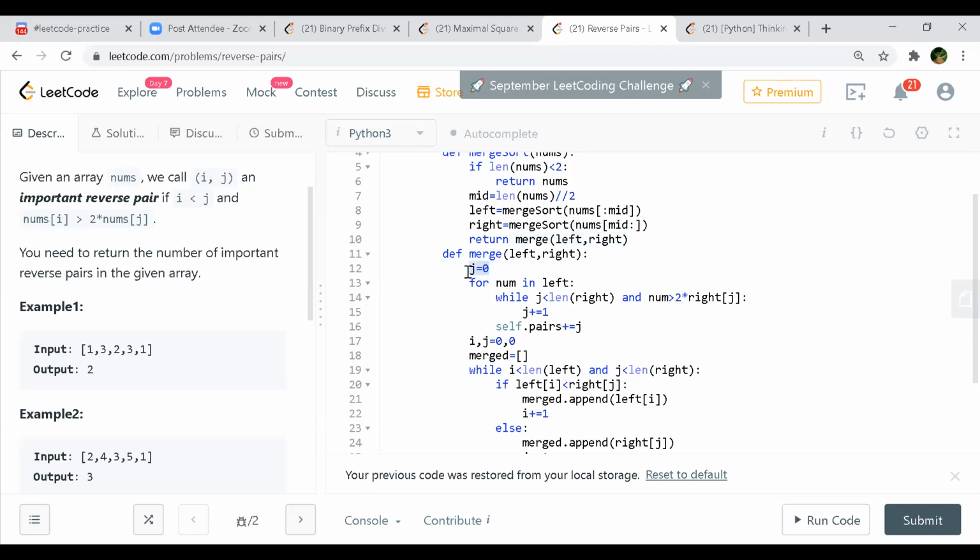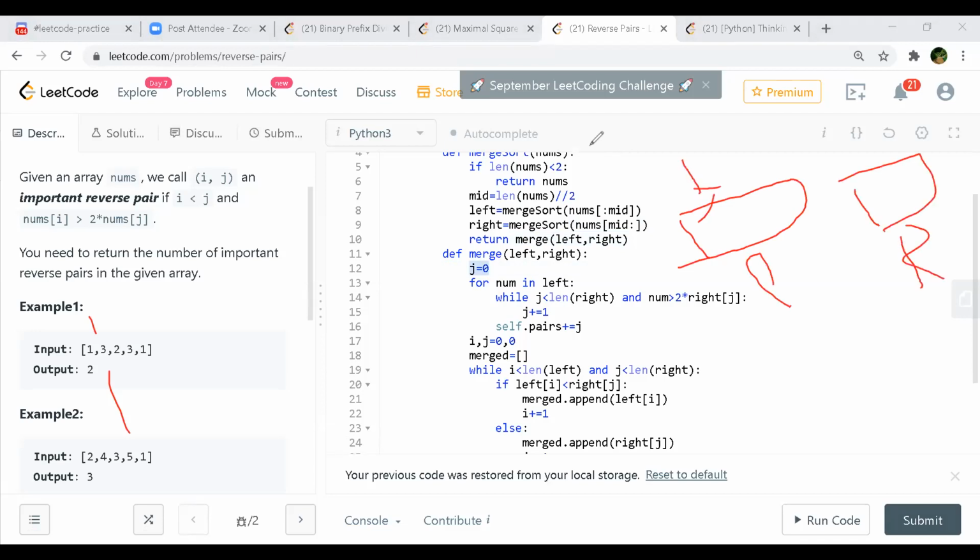So this is z equal to 0. What I'm doing with the left array is taking an element and checking the condition; let me annotate a little better. Let's say the array is here, with one left array and one right array. We keep one pointer i over here and j, and as long as i satisfies the condition, we keep increasing j.